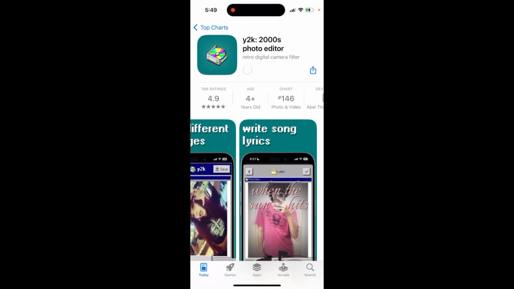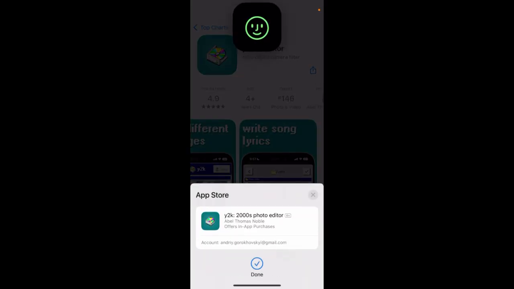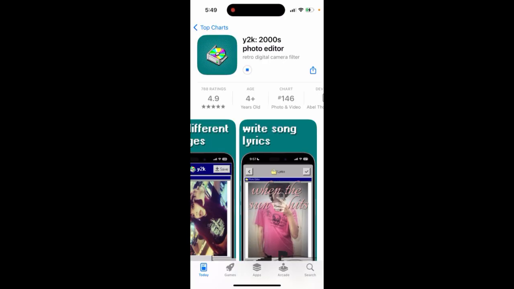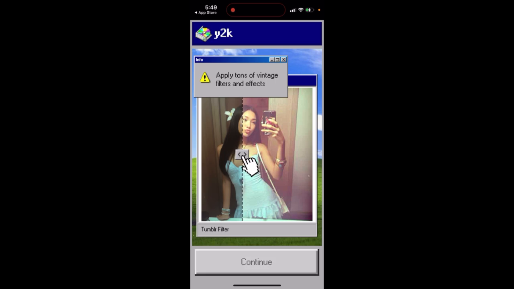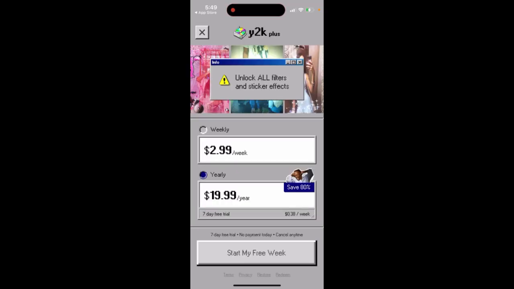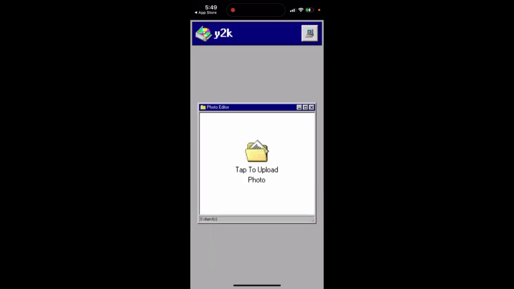So here is, you can just go and then just double click to install it. So yeah, here is the idea, and then you can just open it up. Pretty cool. And then there is weekly or yearly, and then you can just upload a photo,